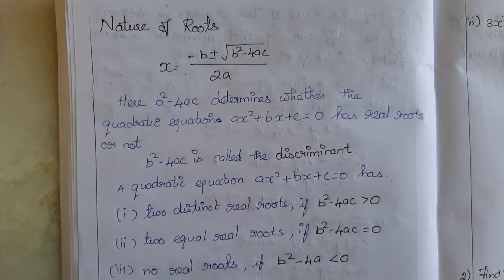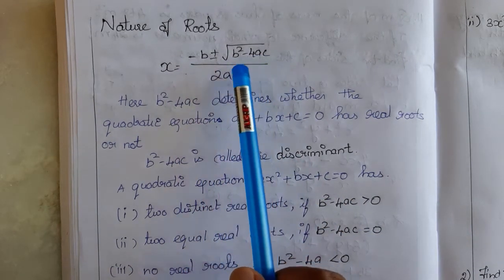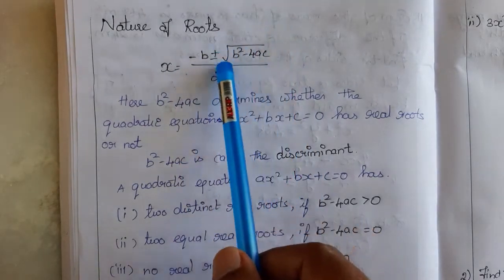Hi students. So here we are going to learn about the nature of the roots. We already learned about the formula of our quadratic. So x is equal to minus b plus or minus square root of b square minus 4ac by 2a. Here this b square minus 4ac, we are going to concentrate on this part because